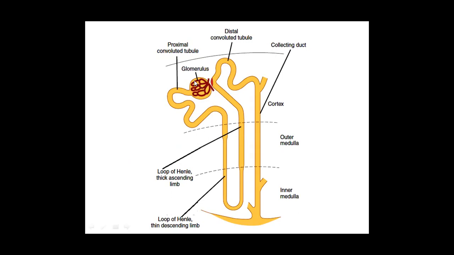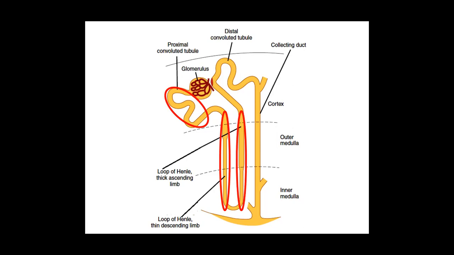This is the glomerulus or Malpighian corpuscle, and this is the long tubular system. Now, what are the parts? This is the proximal tubule, or proximal convoluted tubule, because the proximal tubule has several parts: the proximal convoluted tubule and the proximal straight tubule. Next is the descending limb of the loop of Henle, followed by the hairpin bend and the ascending limb of the loop of Henle.